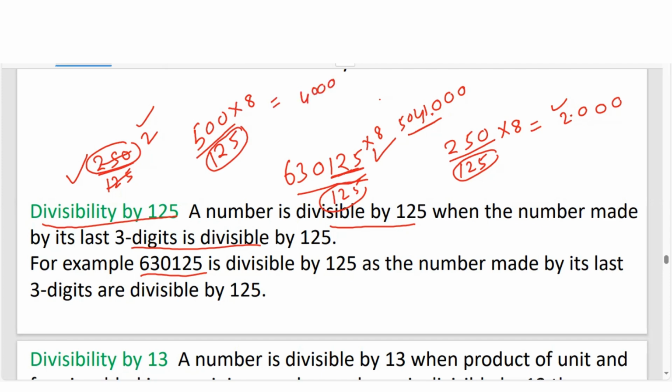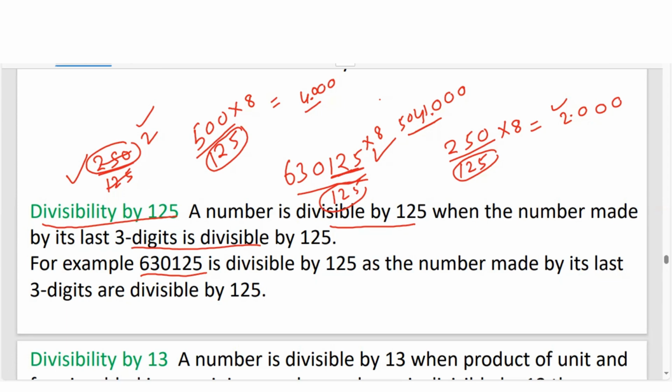8 5s are 40, after 3-digit decimal. Yes, answer is what? 4. Everyone knows 125 times 4 is 500. So now finally what we understood here: if we want to check that a number is divisible by 125